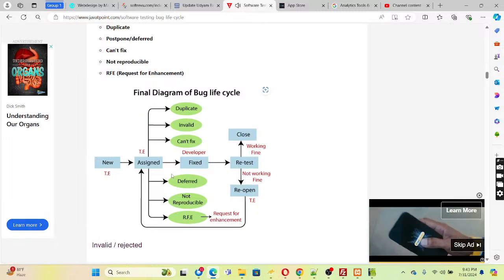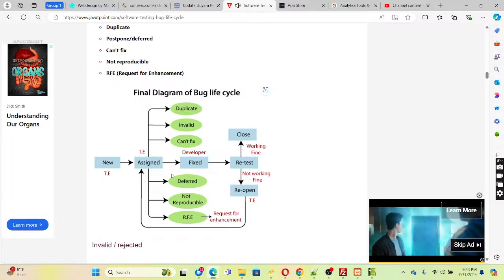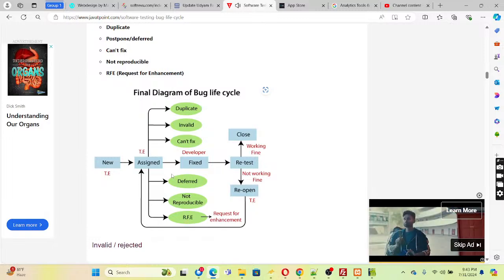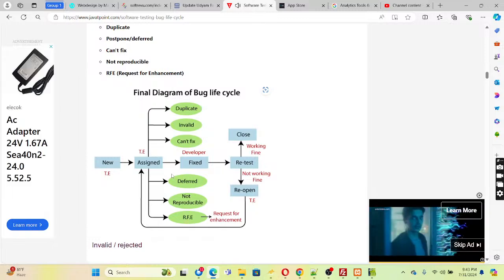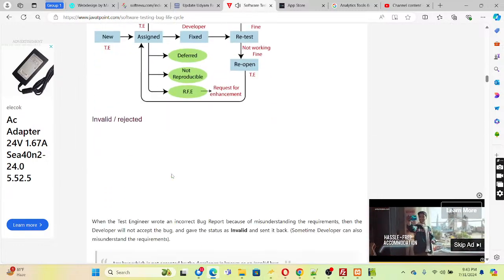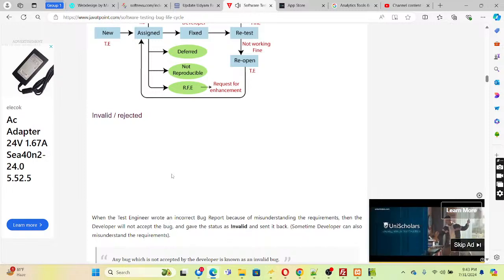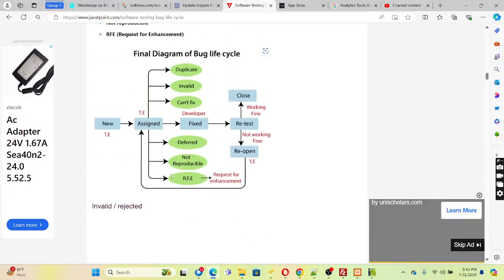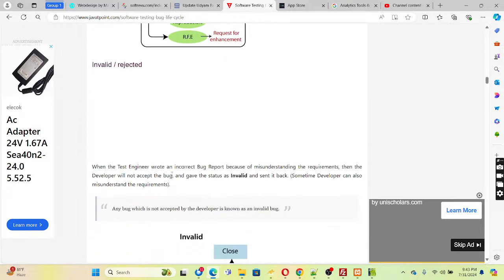Fixed, it goes to the developer, and then request for enhancement, that RFE, will go to this change request. Otherwise, it will go to the retest, and then the tester will either reopen and it goes back to assigned, or the tester can reject. So as the names depict, either invalid or rejected,